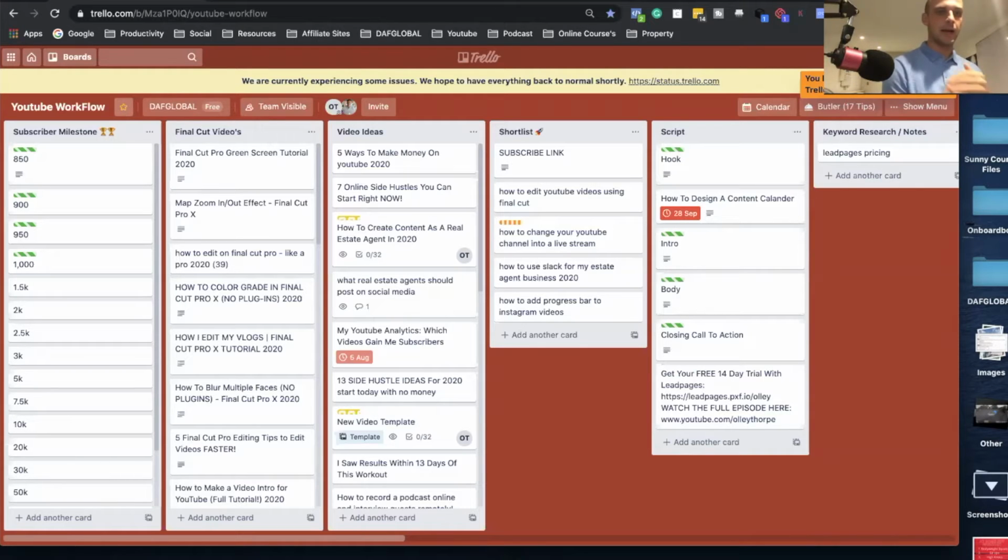So if you're out and about, and even when I'm videoing stuff as well, I like to use Trello, because if I basically script out videos and I write down notes for videos, then I can write it on my computer, but then when I'm actually going to film the videos, I can have my notes and stuff for that video in my hand, in my pocket, or wherever I'm shooting the video, right?